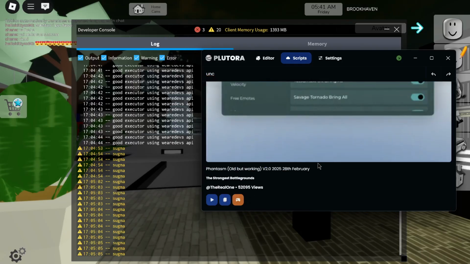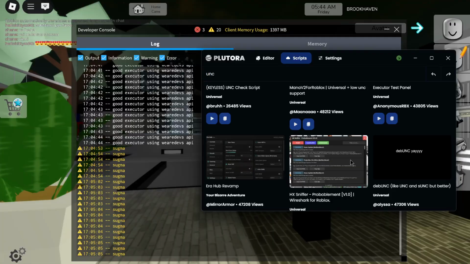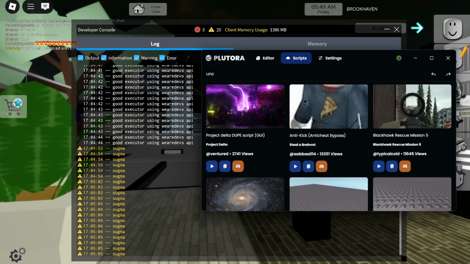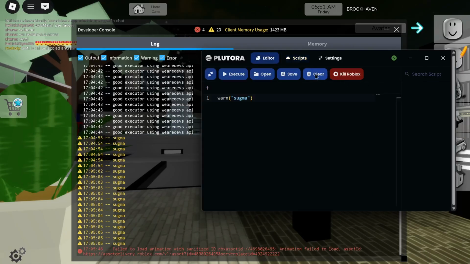But there is a foggy UNC. Wait, let's test foggy UNC.